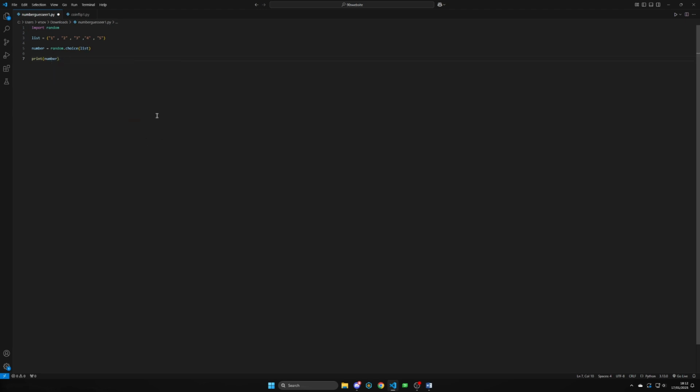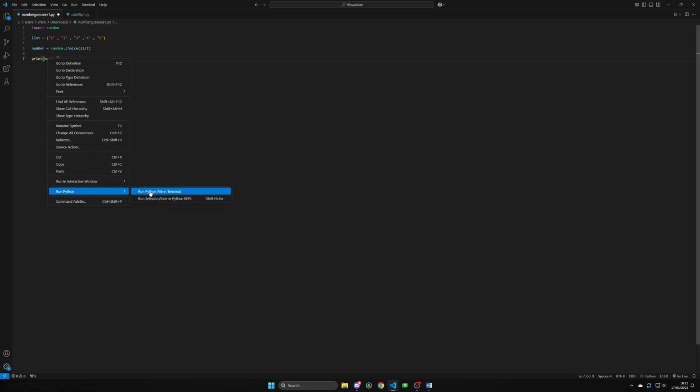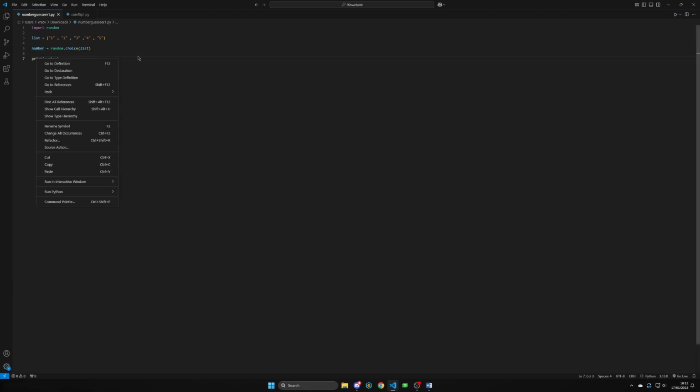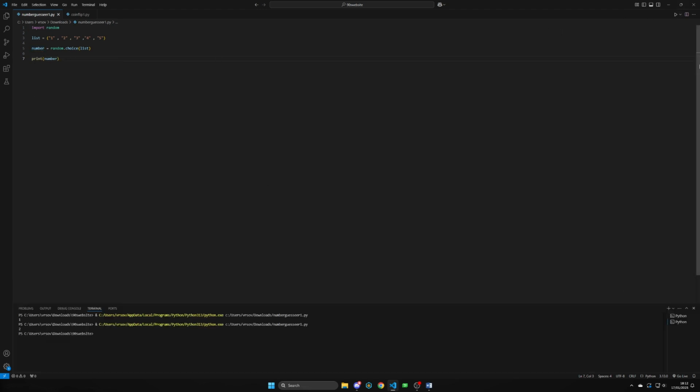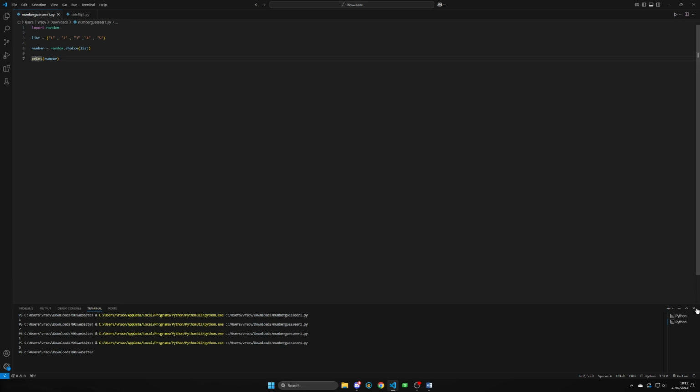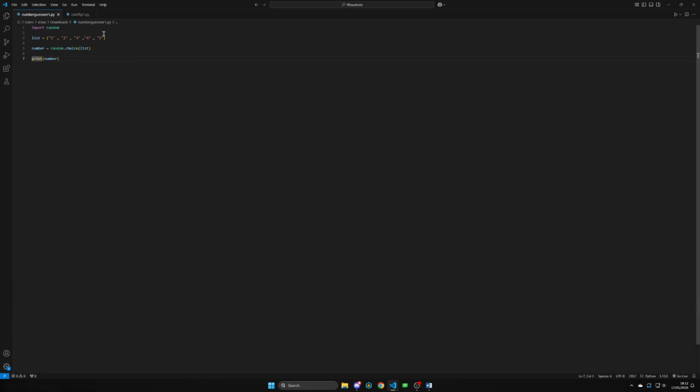This will print out the random number. As you can see, if we run it multiple times, it will generate a random number between 1 and 5. So to make a number guesser, we will remove this print number, and we're gonna